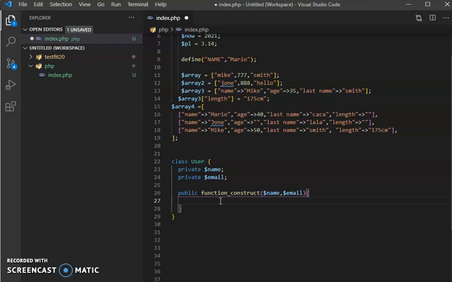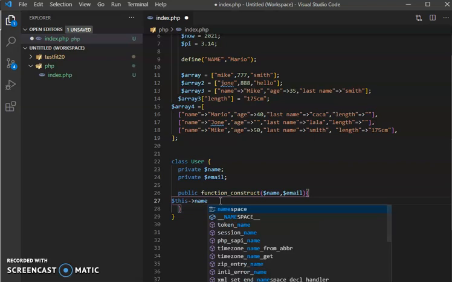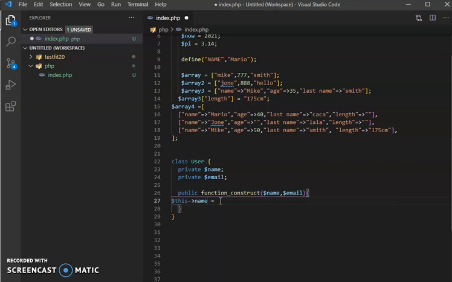We do it by this. This word means the user. We need the arrow like this, and put name equal